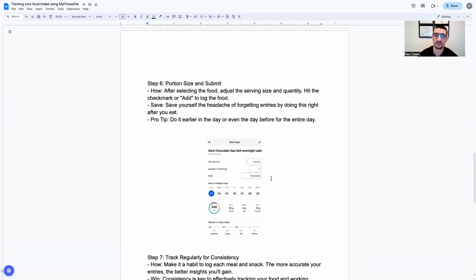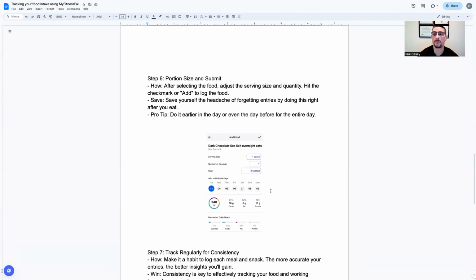Then we want to talk about our portion size and then submit. It's important to make sure you're utilizing the right portion size, right? So after selecting your food, you want to adjust the serving size and quantity. So we definitely want to make sure that we're utilizing the label on the things we're eating to adjust the serving size so it matches up. And then you want to hit the check mark, which is right here at the top, to add your food,